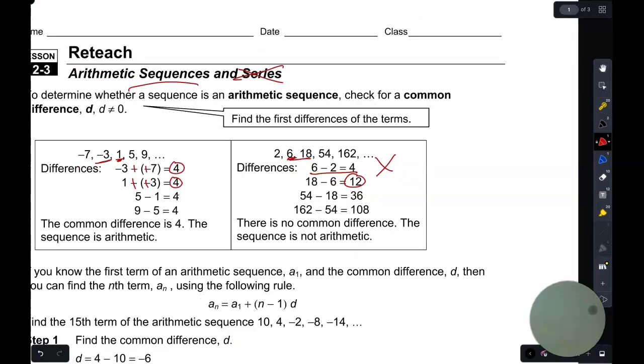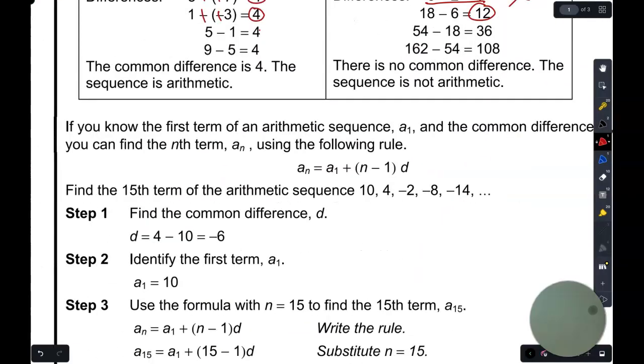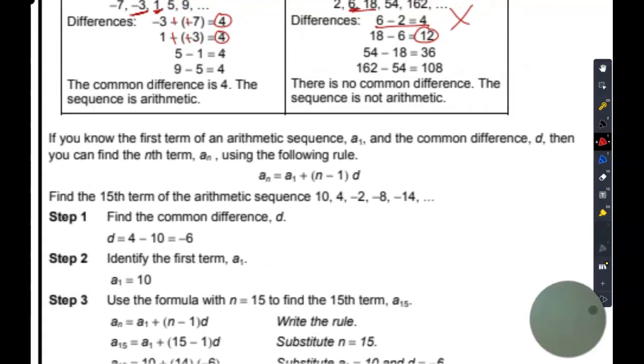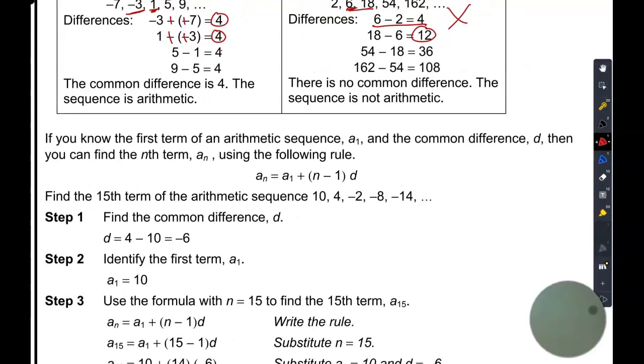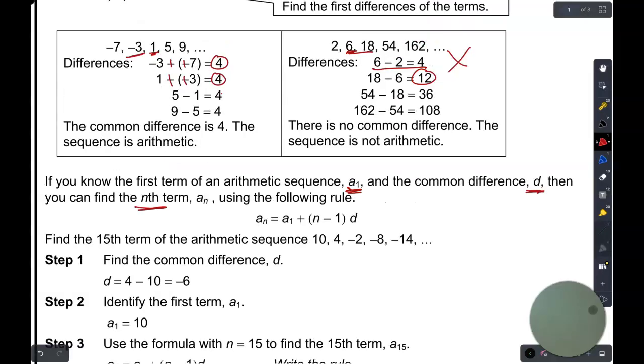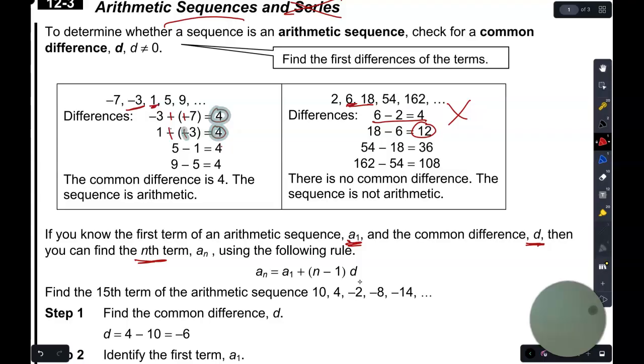All right, let's look at some more information. Here, if you know the first term of an arithmetic sequence, labeled as A1, and the common difference, denoted as D, then you can find the nth term, meaning whichever term you want to find. So if we go back to that first sequence, I'm gonna erase some of this off